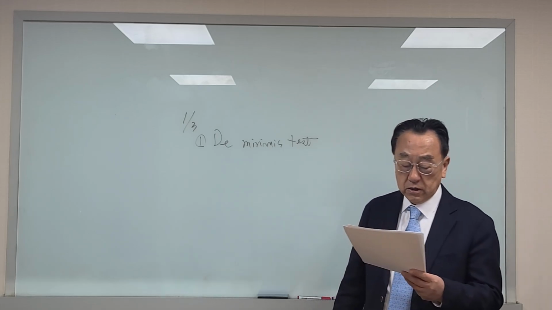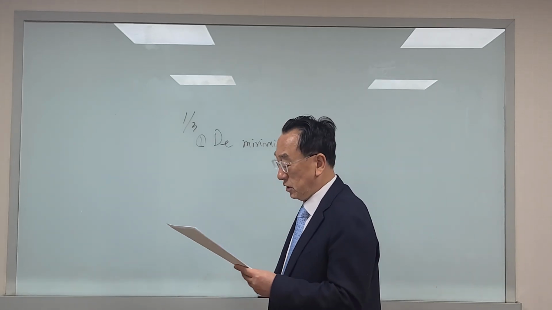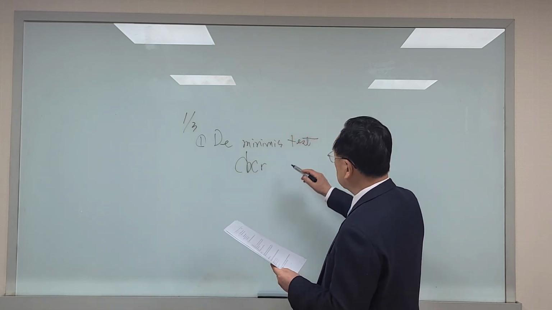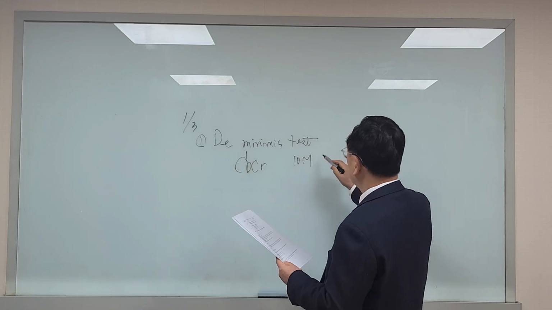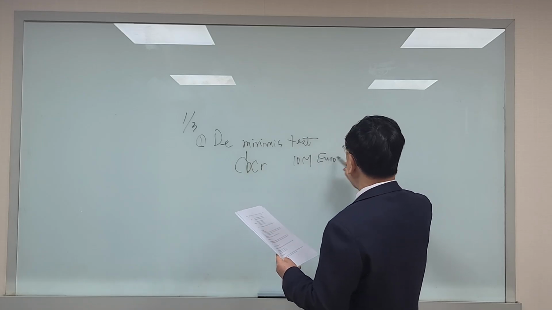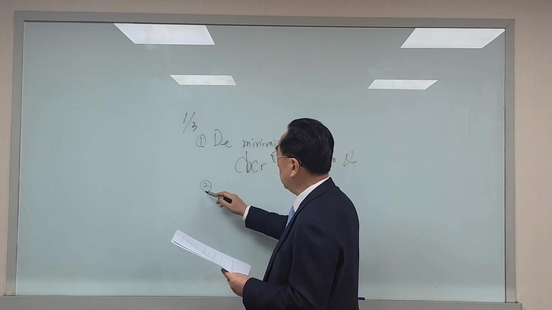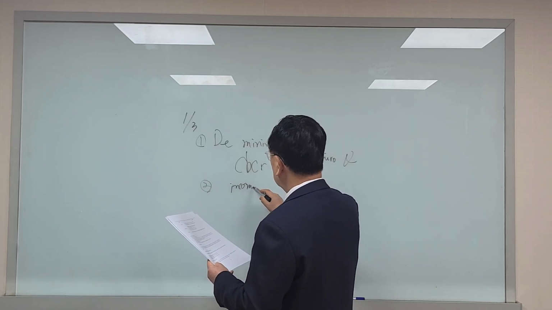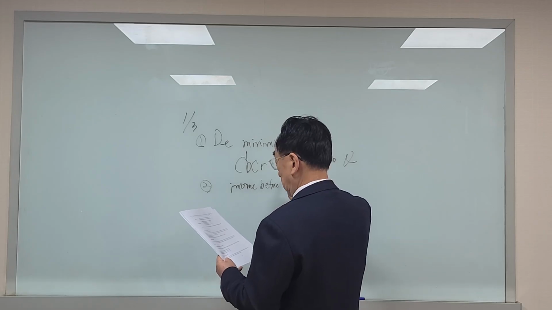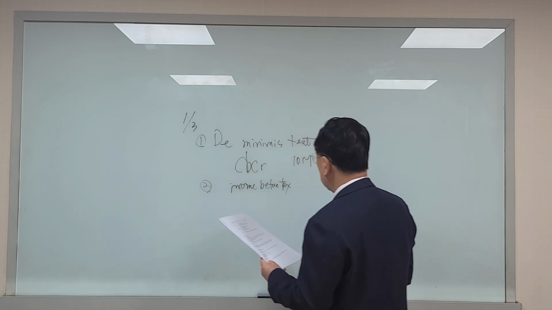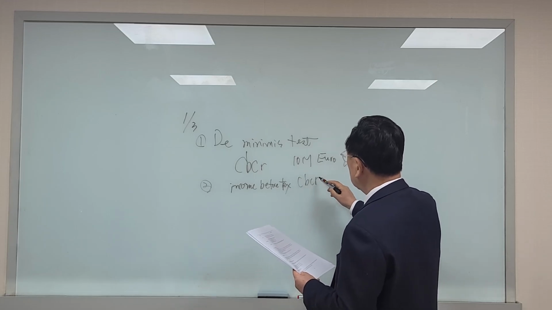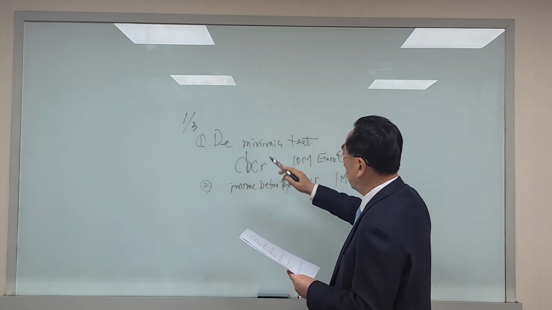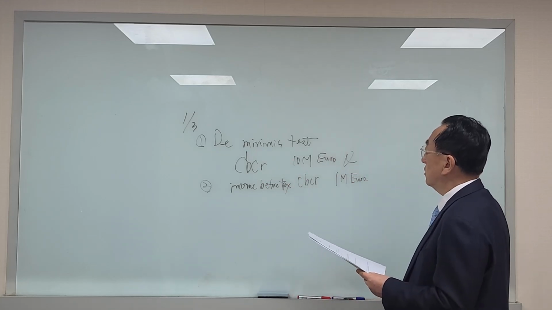Small amount test. The total revenue of the jurisdiction reported in CBCR, country by country report, is less than 10 million euro. And at the same time, the total income before tax on the CBCR, country by country report, is 1 million euro or under. 1 and 2, this is the de minimis test.